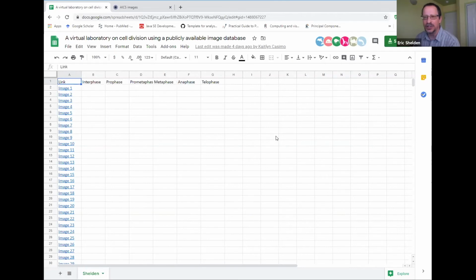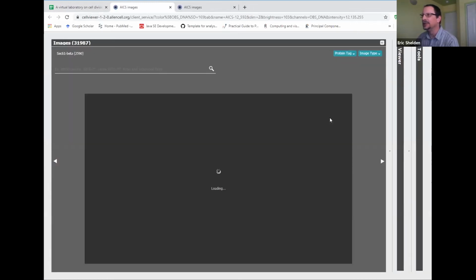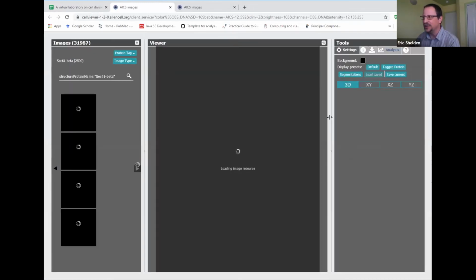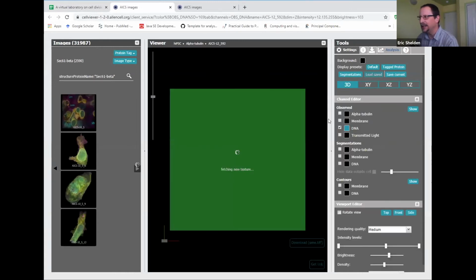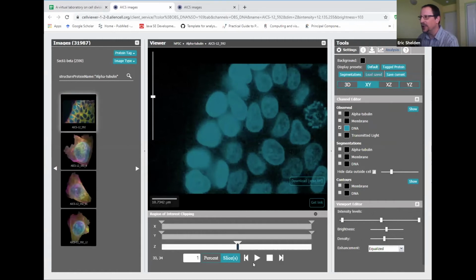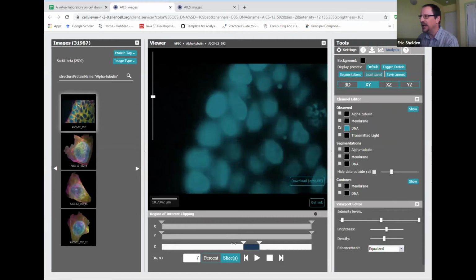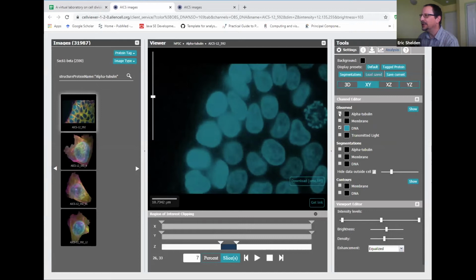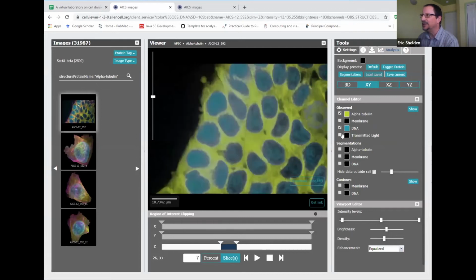This is the Google Sheets document that you've been provided a link to. And all you're going to do is come over here and click on these things, and that should open up in the web browser the specific image that students are supposed to look at and analyze. The instruction document gives some ideas about how students can go about counting the various stages on different platforms, but you can turn on and off the